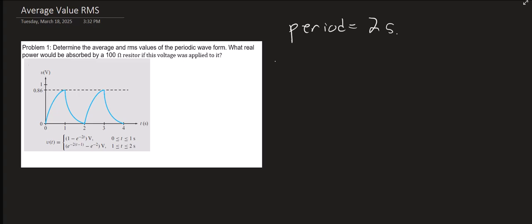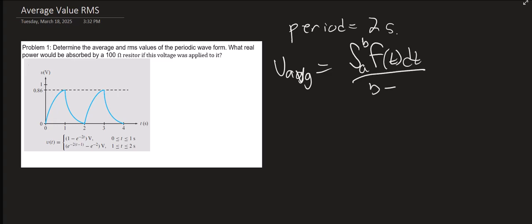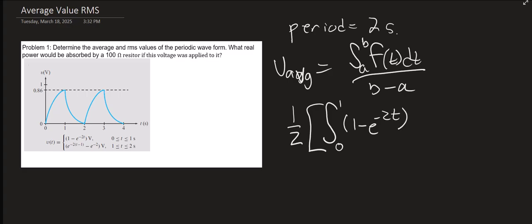And so the average value of any function is the integral of the function over the interval. And so here our interval is 2 seconds, so 1 over 2 seconds. And our integral will break it up into two parts. It'll be the integral from 0 to 1 of 1 minus e to the minus 2t dt, plus the integral from 1 to 2